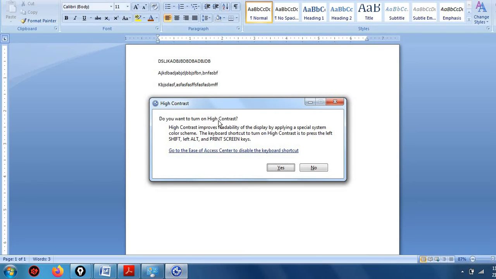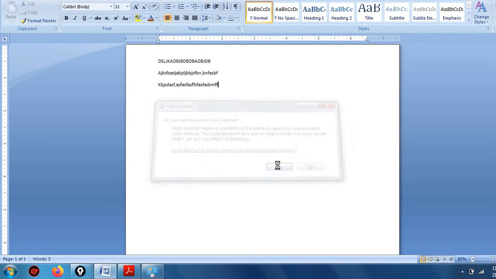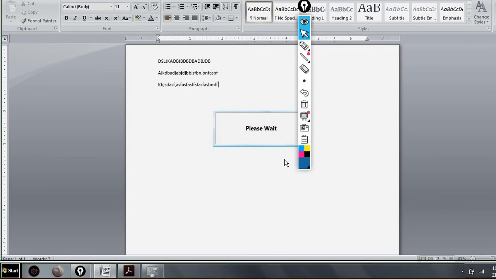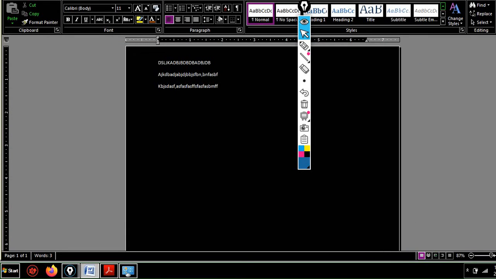Okay, do you want to turn on high contrast? Yes, please wait, and now it will show in the high contrast. Okay, so here we can see, now it will be easy for those persons who are having color blindness or something like this, or any visually impaired persons, to define the text out of the background.